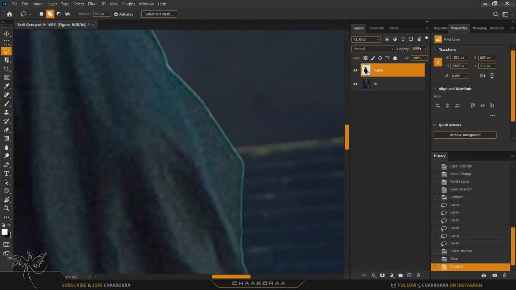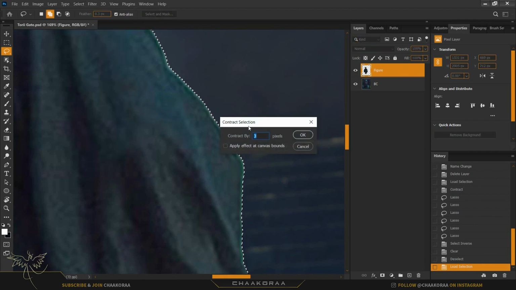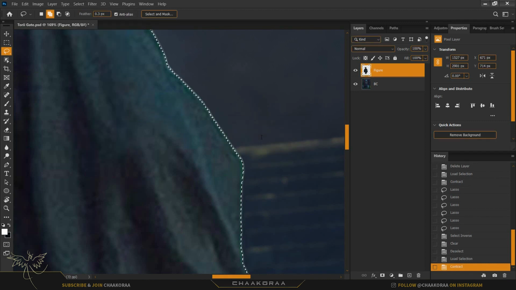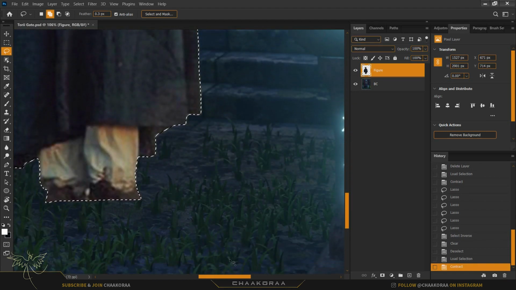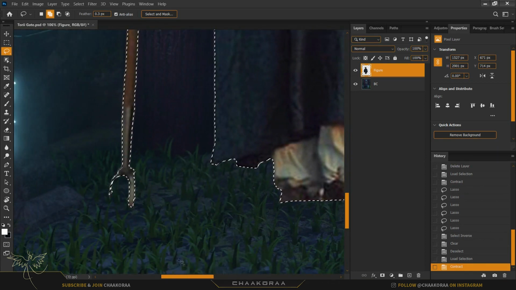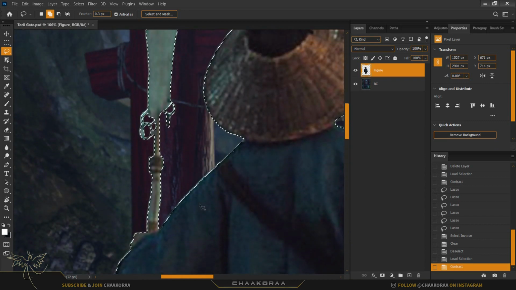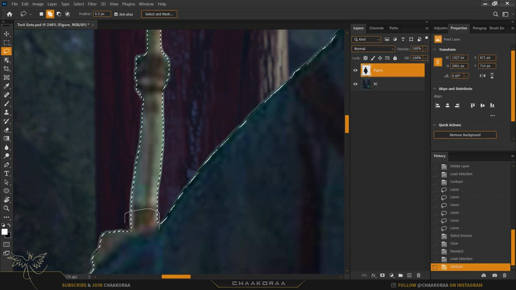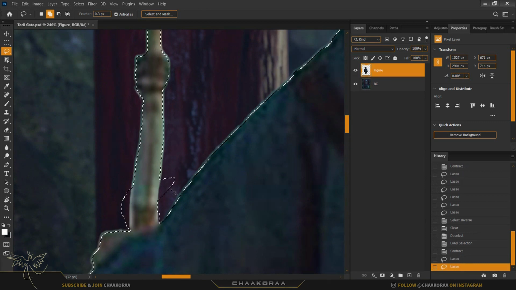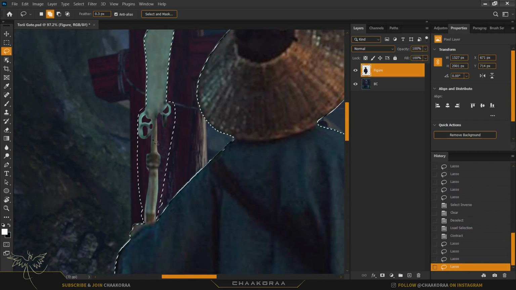Let's do it again. Hold Ctrl and then select the object and come here to the select part, and after that modify, contract. This time I'm gonna use 2 pixels for this one, and let's check it out again to not miss any parts of the shape. And I think that's good, it will do. And again, let's do the same process as we did for the previous one. I don't have to do with these parts. Let's select them all like this,